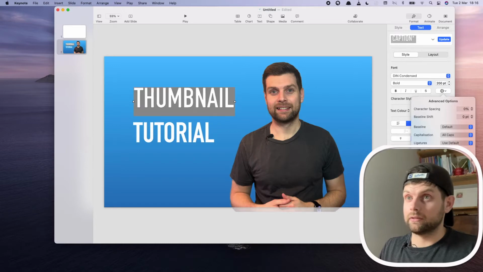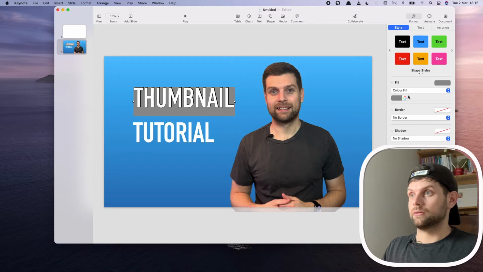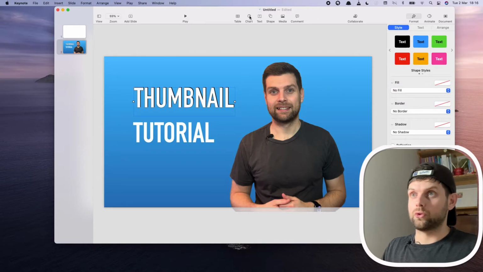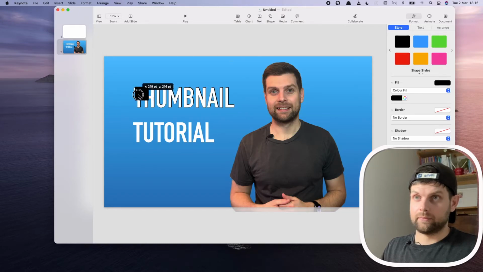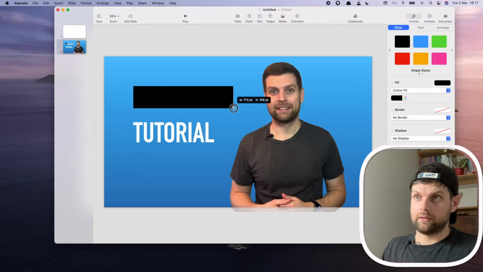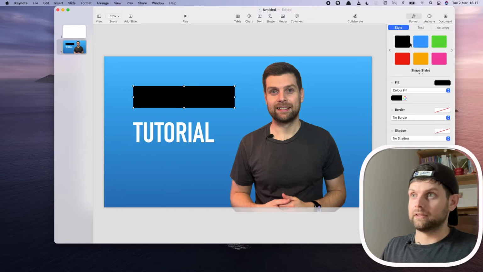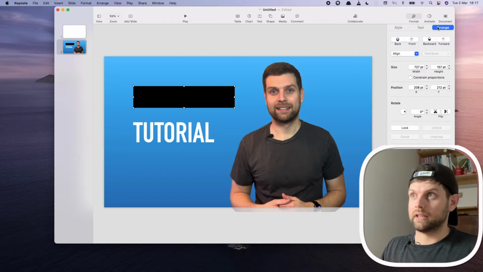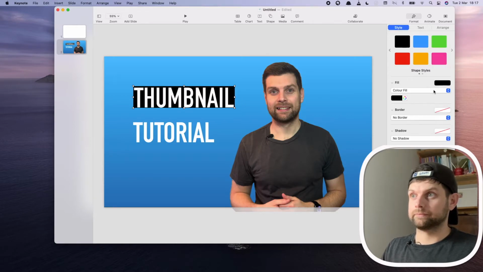But something I do like to do is add an outline and a shadow just to make it pop a bit more. Like I said, a better way of doing this box around it is to draw a box. So come up to the top, grab shape, and then get that nice and tight to the text. And then all we need to do is go on arrange and then go backwards. And there you go. That looks pretty good. If we want to change the color to that grey,